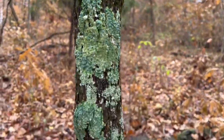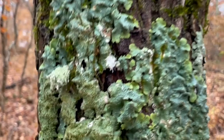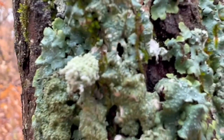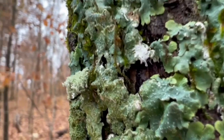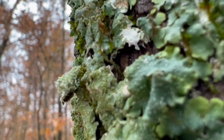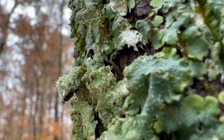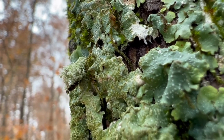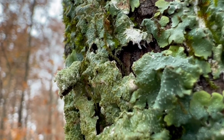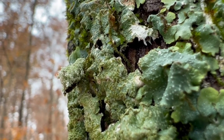Thought this one was really cool. And then guess what? I saw, where is it? Where'd it go? This one. That little, see, it's a little odd. I saw it moving. And underneath it, there's actually an insect in there. So what I believe this is, I could be wrong, maybe another species does this too, but I believe this is a lacewing larva. And they dress up, they pretend to be,